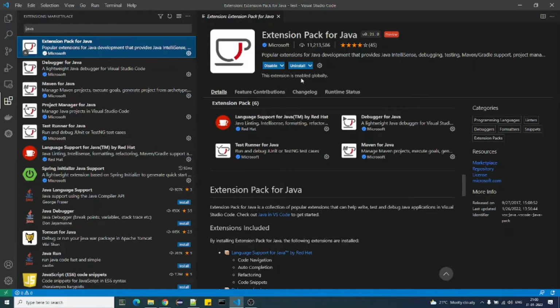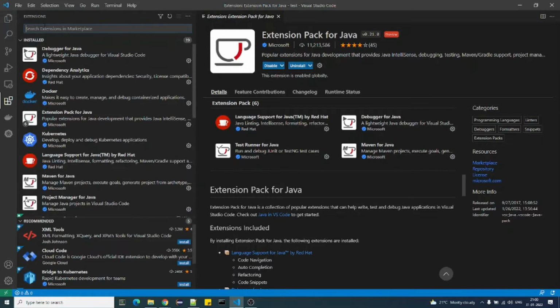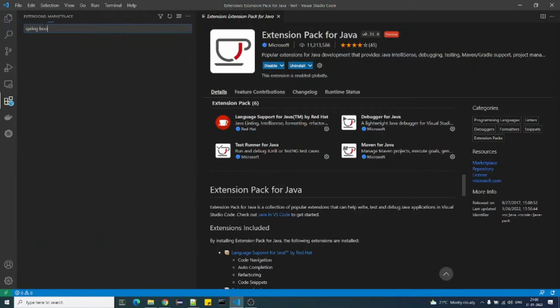But on a fresh Visual Studio Code, you will not see this. You will have the option to install. Click on install. It will take a couple of seconds, even a minute based on your internet speed. Once it is installed, you can search for another extension pack, that is Spring Boot